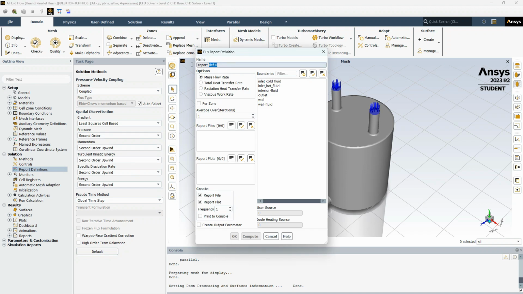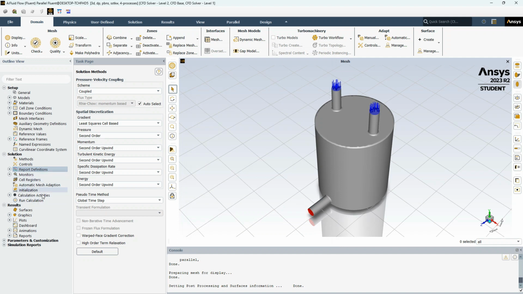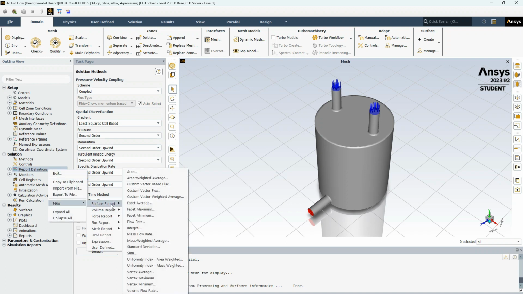So here we'll define this as mass flow rate. We'll click on the outlet and remember to uncheck this, then that's basically it. Click on OK, then right click on that report definition again, come to new, then this time surface report,